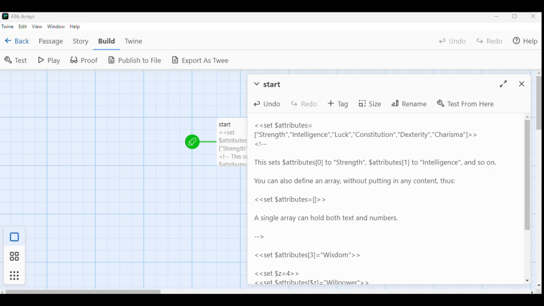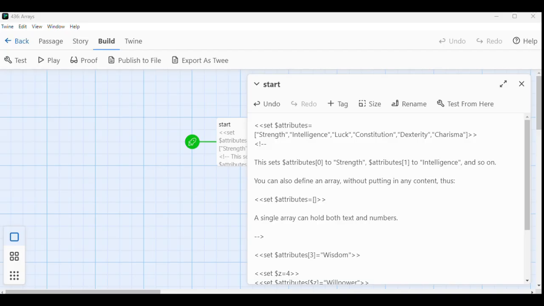In this video, I would like to talk about arrays. Arrays are a special type of variable. A normal variable holds a single piece of information. For example, we might have a variable for our character's hit points stored in the variable $HP, and $HP would have a particular numerical value at any given time. We might also store a piece of text. We might have a name for our character stored in, for example, $NAME, and that will be a string of